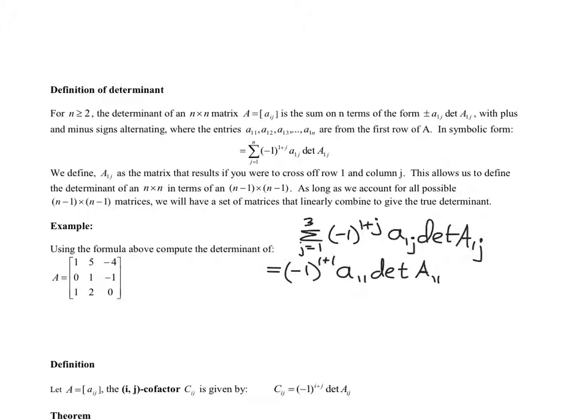All right. And then adding to that, -1 to the 1 plus 2 times A sub 1, 2, determinant A sub 1, 2. And then finally, everything is going to be the same except it's going to be 1, 3. All right, so that's what that summation is expanding out to. Now, parts of it are pretty easy. Some parts of it,